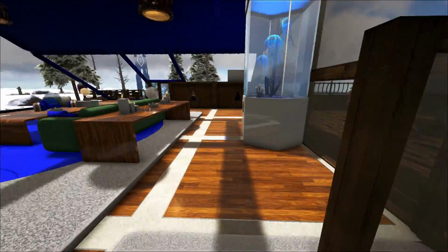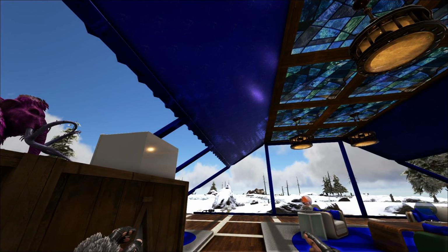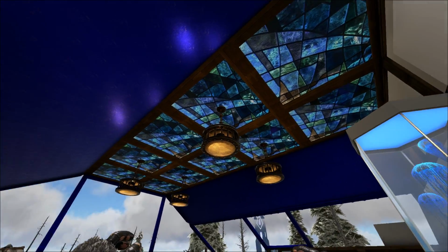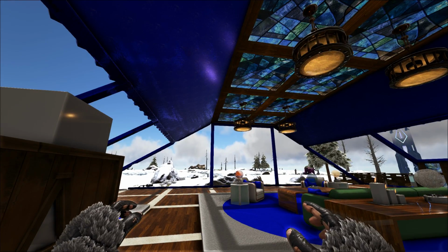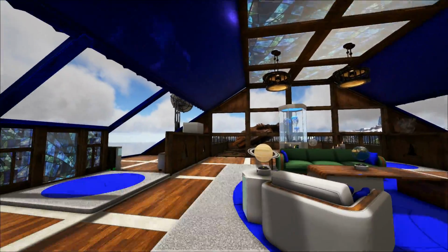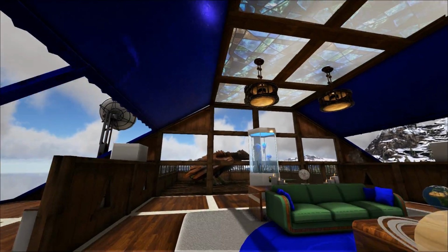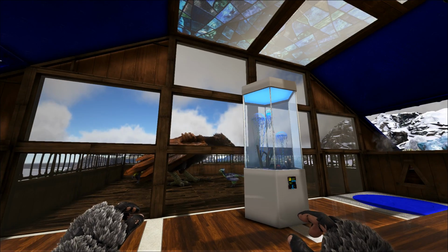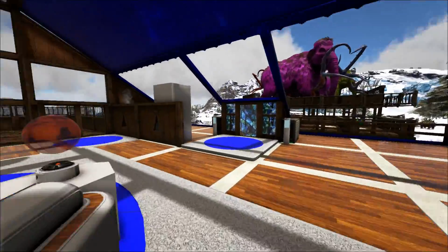And meanwhile, back inside the lodge here, I had considered putting like a loft level in here. And I guess I might still do it, but actually I kind of like the more open and arched setup that we have here. The stained glass ceiling, I think, gives it a nice and, well, more or less tranquil feel. The view is magnificent. If I didn't show you already,